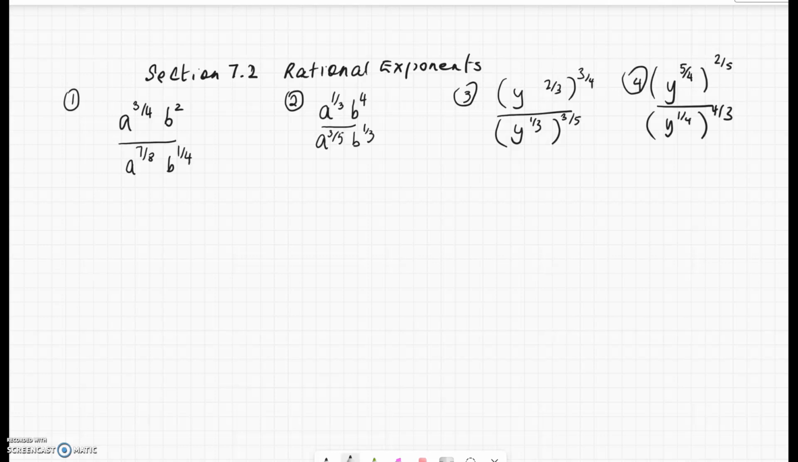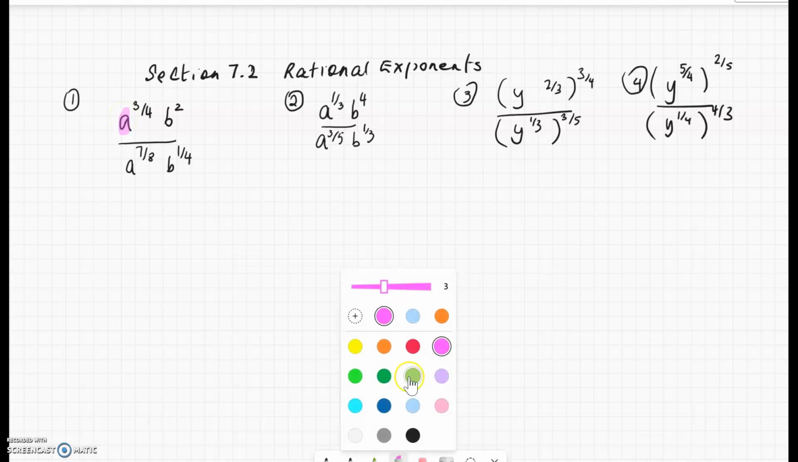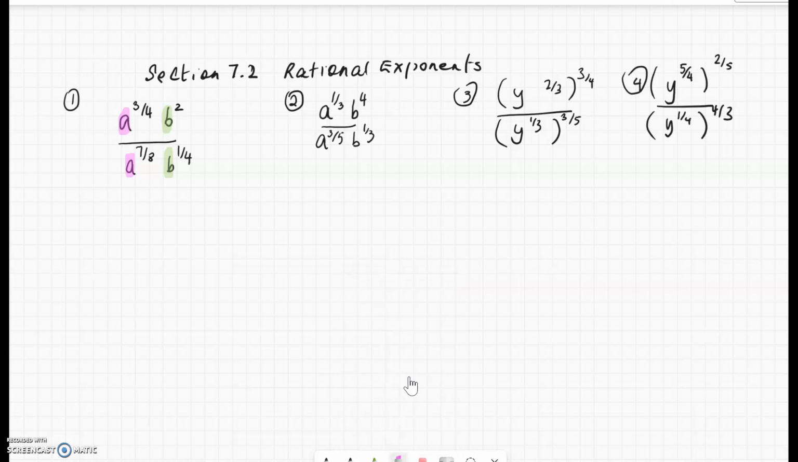a to the 3/4 b squared. The bases are different. Notice that the base here is a and the base here is b. But there's a base b in the denominator and there is a base a in the denominator as well. So you can combine the a's by subtraction. You can combine the b's with subtraction because both